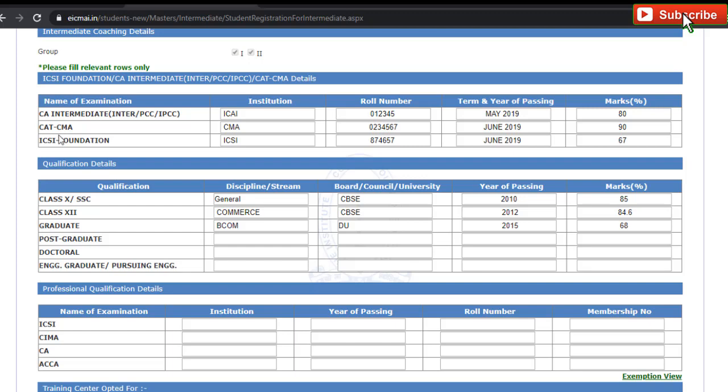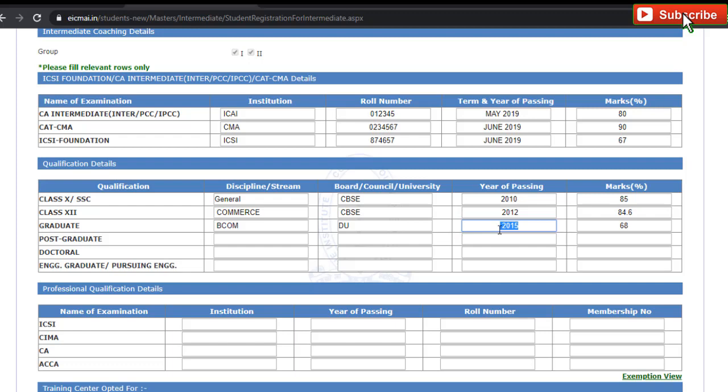One query is there: sir, I have passed second year till now, so what do I have to mention here? You have to mention BCom, DU, Delhi University, or Rajasthan University, whatever university you have. Year of passing is the year in which you are going to pass your exam.